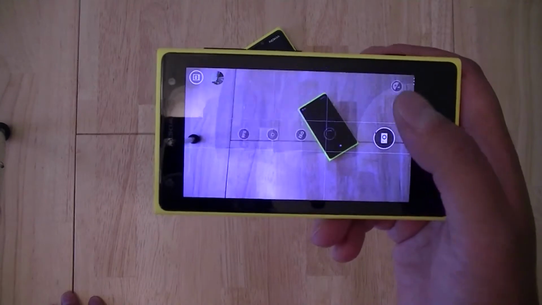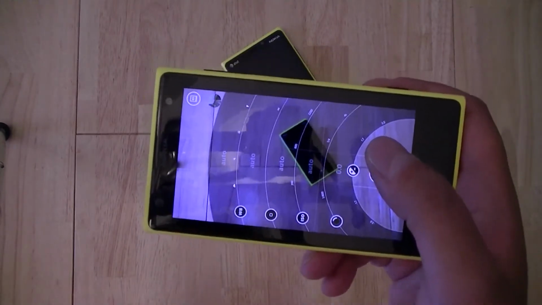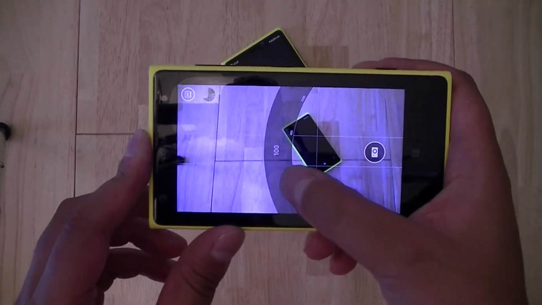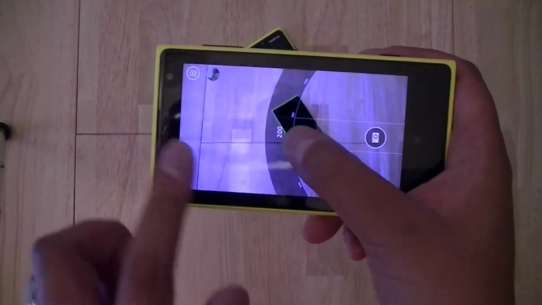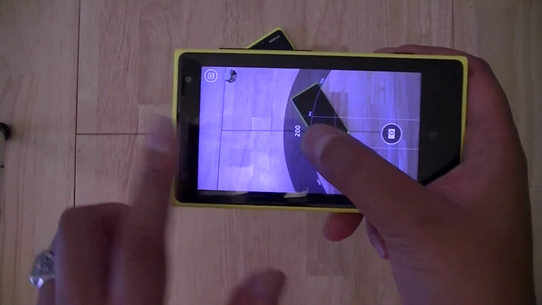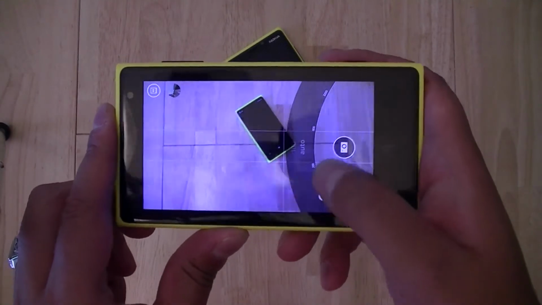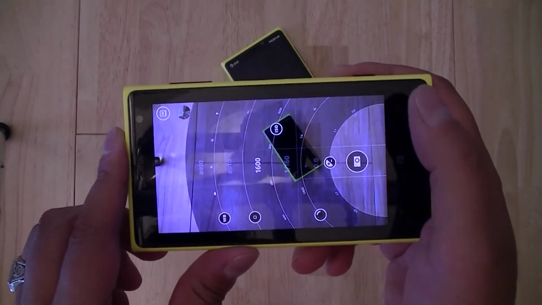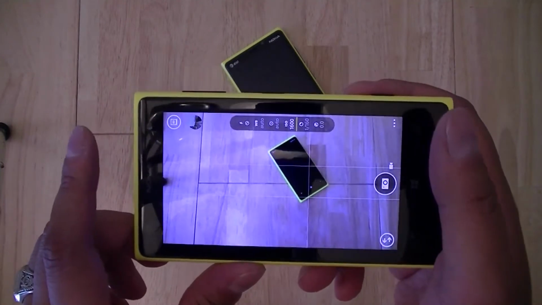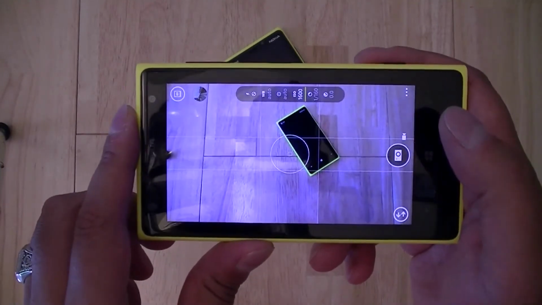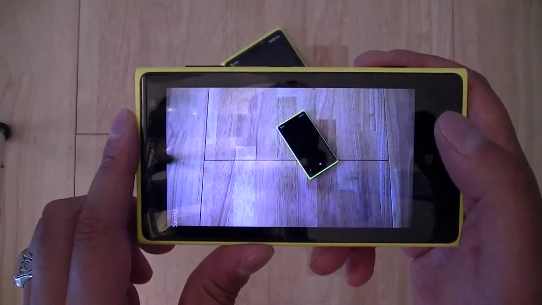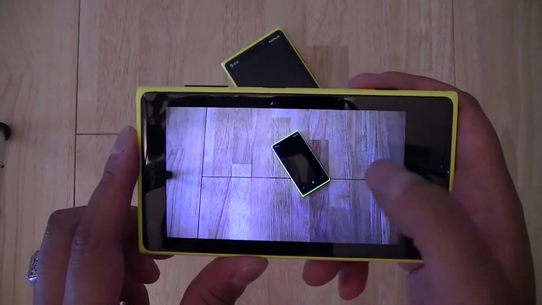adjust the exposure compensation. And once you start adjusting things, if this is blocking your scene so you're not seeing what you want to see, you can just slide it back and out of the way, and then you can adjust it. And then once you're done, you can go ahead and tap, and it will take a picture. So by default,